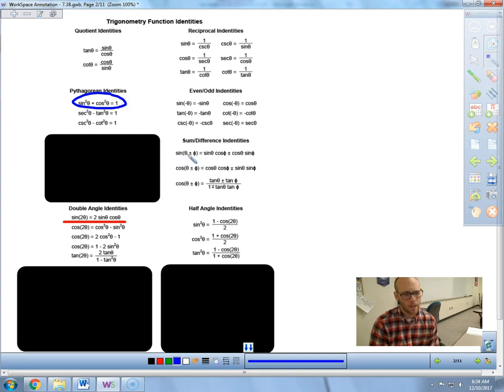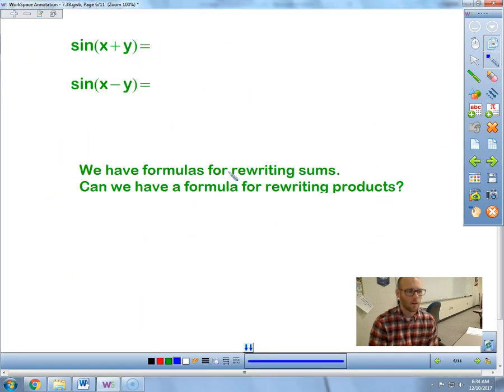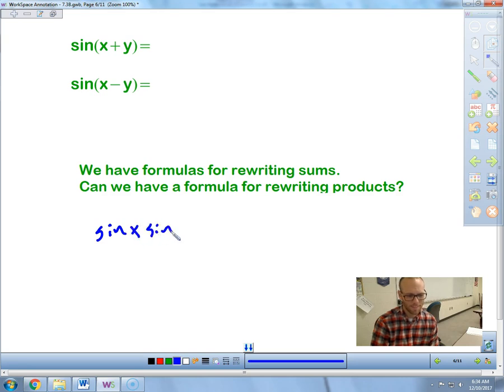We wrote it as the sine of x plus y. So we can take the sine of a sum and know what that's equal to. Can we write a formula or identity for rewriting a product? In other words, can I take some sort of product, maybe something like this, and rewrite it somehow? Well, let's use